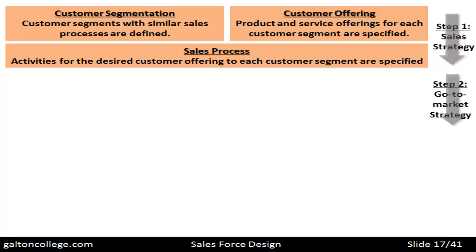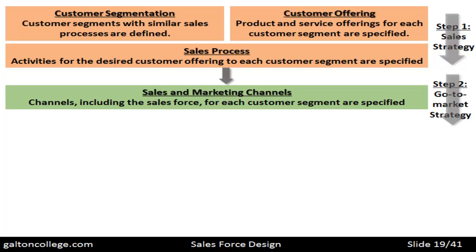Now, step 2 is the go-to-market strategy. Sales and marketing channels, including the Salesforce, for each customer segment are specified. So what are the channels? Having recognized the different customer segments, older people, people with families, students, and so on, it's then a question of working out what channels of communication are best used